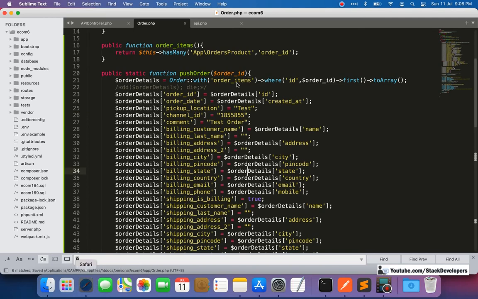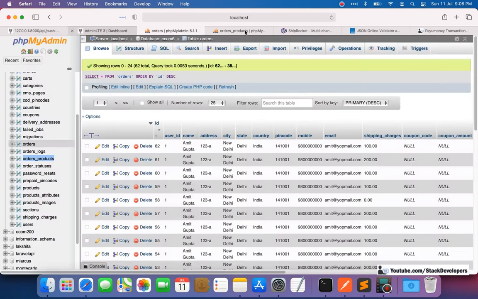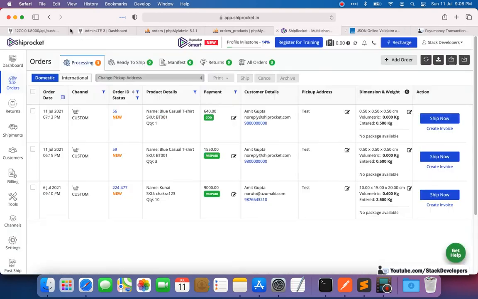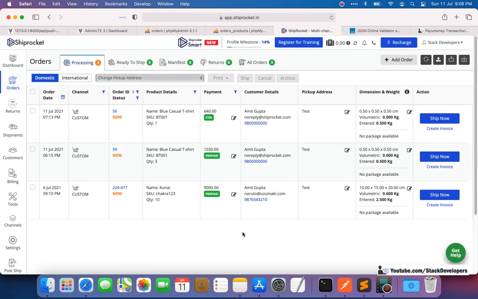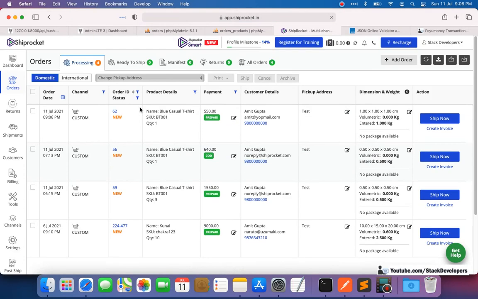So let's do it once again. Run the API once again. So this time the status code is 1, so the order is successfully pushed to ShipRocket. Let's refresh it. Now there are 3, now 4 must come here. Let's refresh, and you can see here the 4th order has come up, and this is the new order with ID 62,